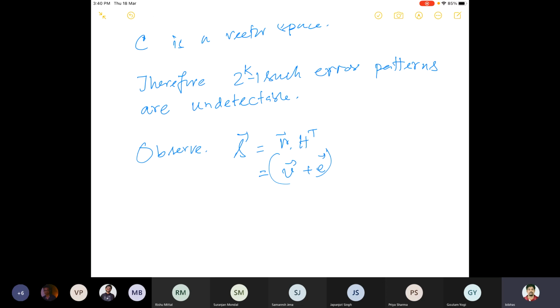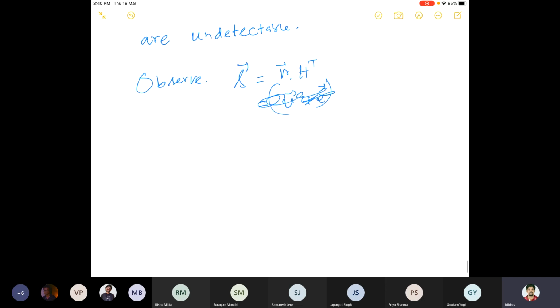Original vector. So first let us calculate R dot H. What is that? If this is the case, then this gives you a linear system. The question is, how do I detect the error? R is the received one. I'll first calculate the syndrome, S equal to R times H transpose, and check whether from these equations I can detect the error or not.